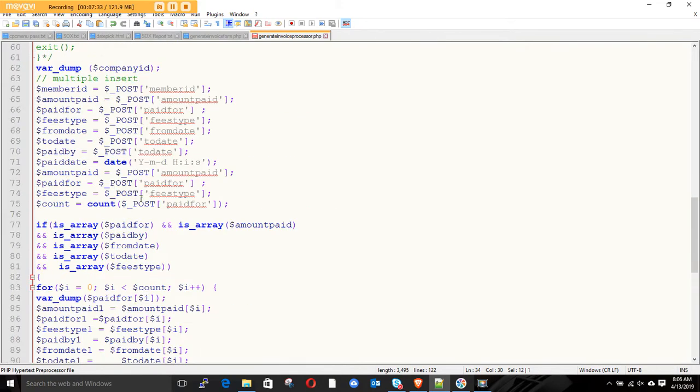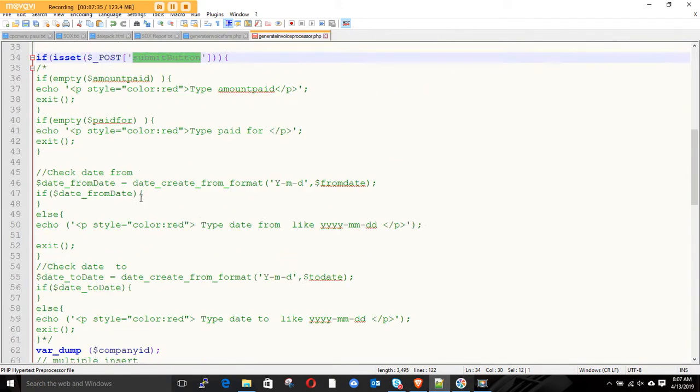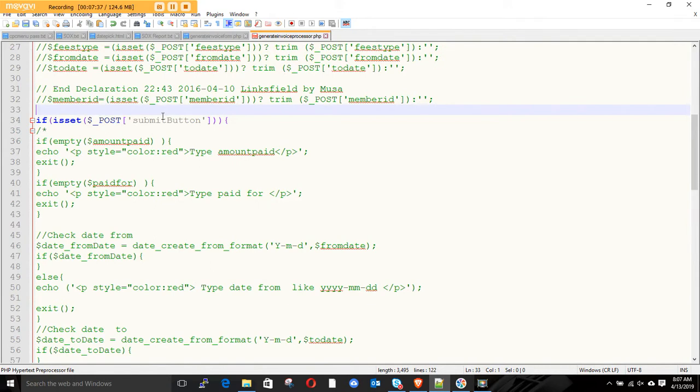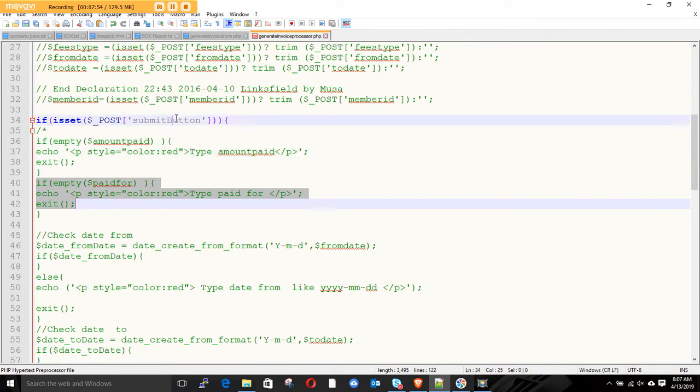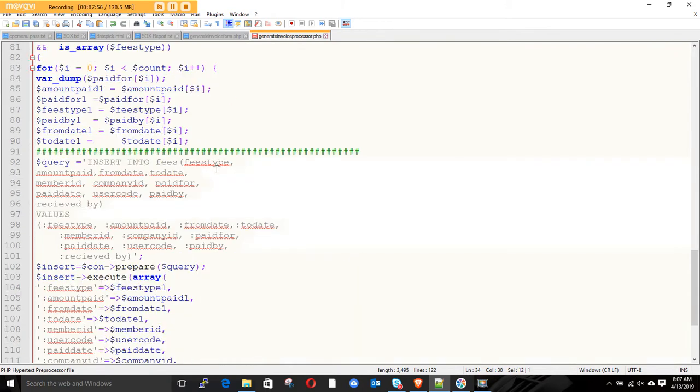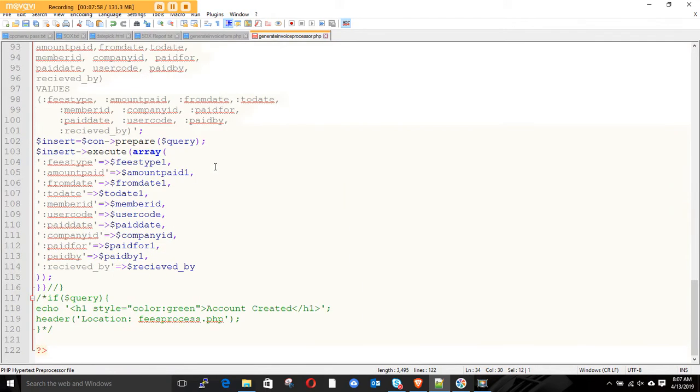This is a button, your button, where you click to tell it to come to work or to post into your DB. So I used this button. I said if is set, which means if it's clicked, then go and execute this. So now, since I was doing that, this code was not executed